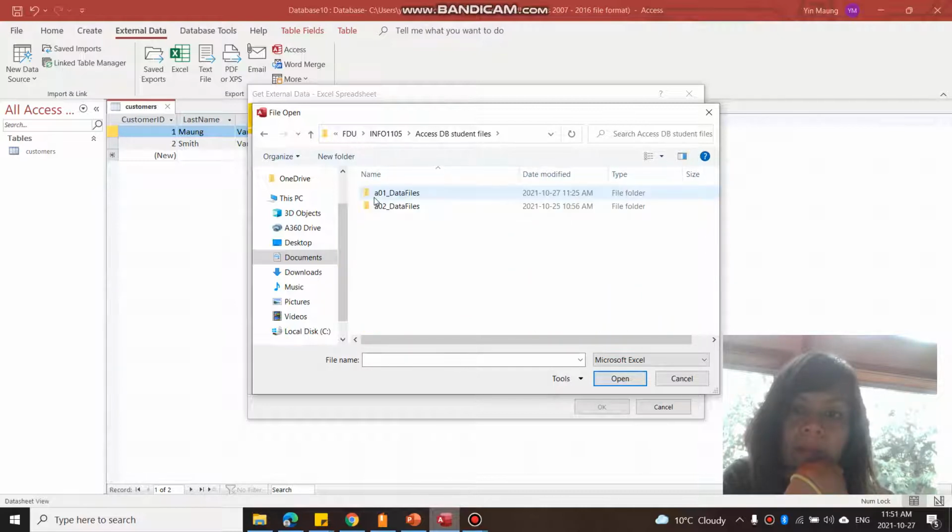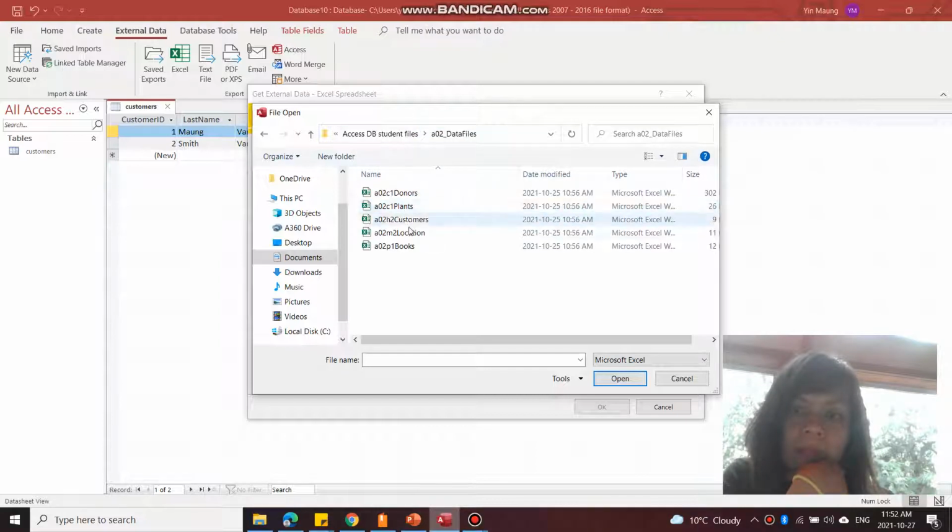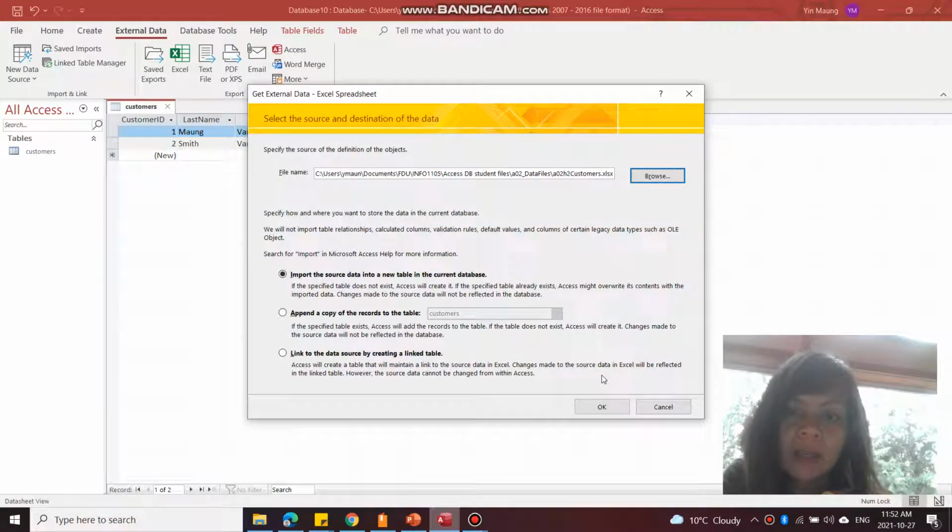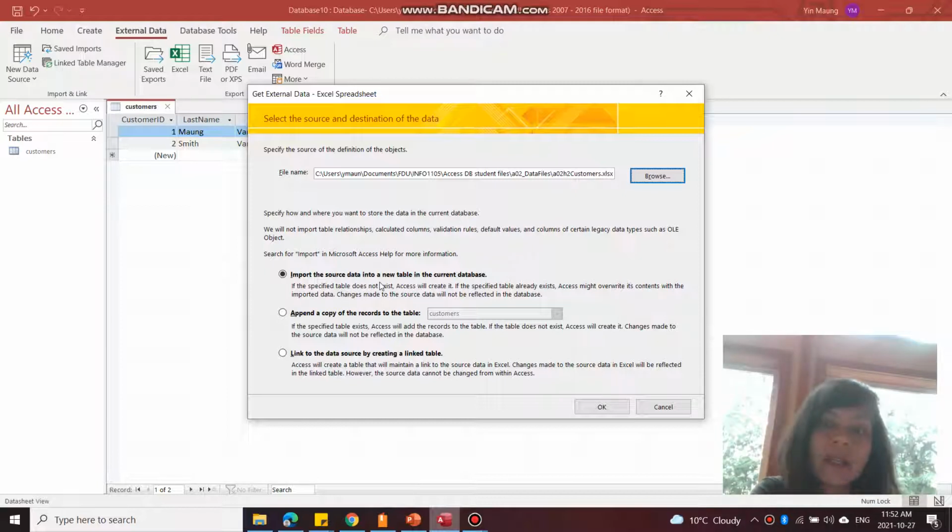1105. Go, and let's go look for customers. Okay, open that up. Okay, and you have a few options here. Okay, you can import the source data into a new table in your current database. You can append a copy of the records to the table, or you can link to the data source by creating a linked table. So for this example, I'm just going to import the data source into the new table,